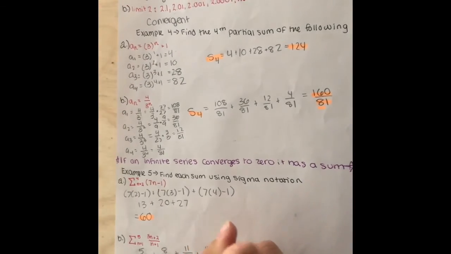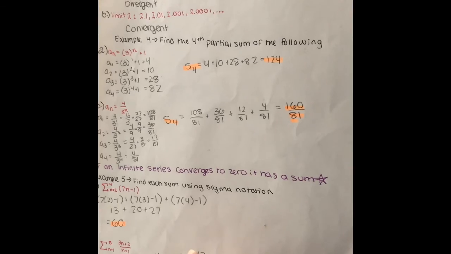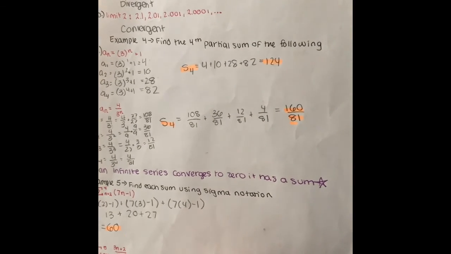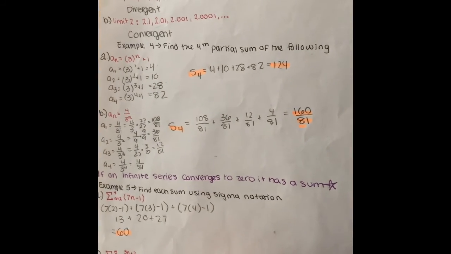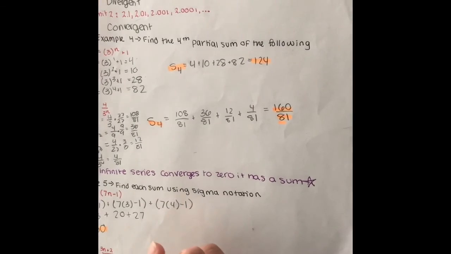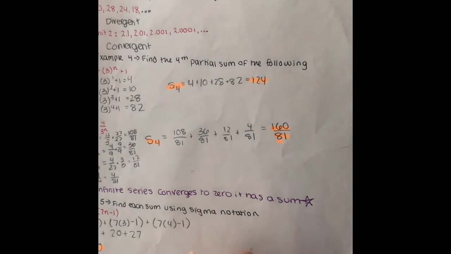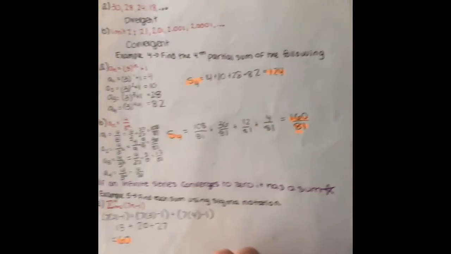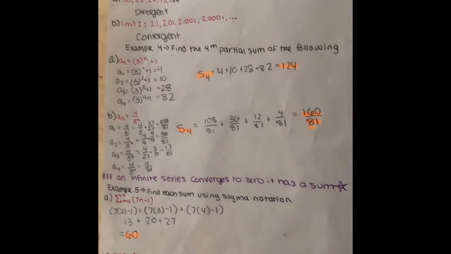Multiply this by 12, so we're going to get 168, and then this by 10, so 170. And then once you add up all of those, you're going to get